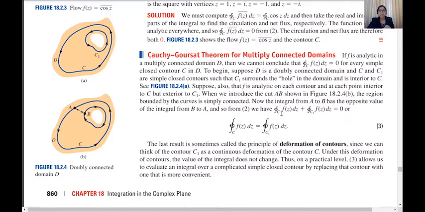Okay, that means from this what do we get? The integral over C of f of z dz is equal to minus the integral over minus C1 of f of z dz. So that is nothing but the integral over C1 of f of z dz. Okay, because in the next case we are applying it with the curve C1 moving in the clockwise direction, and only then can we get this equation. So I hope the concept is clear.